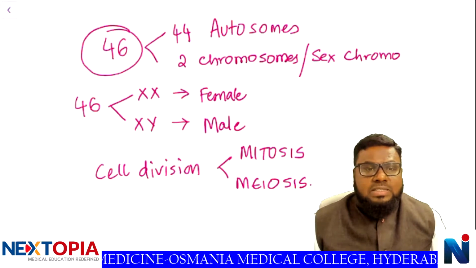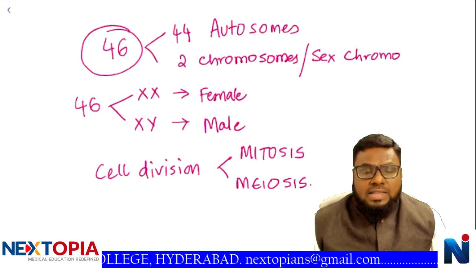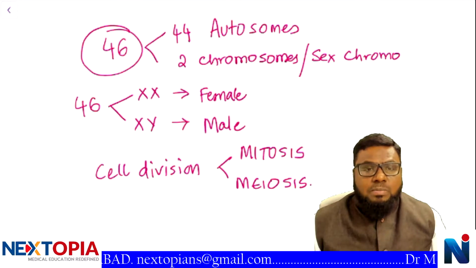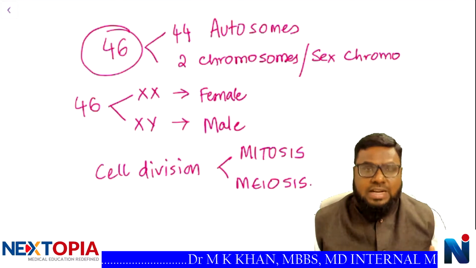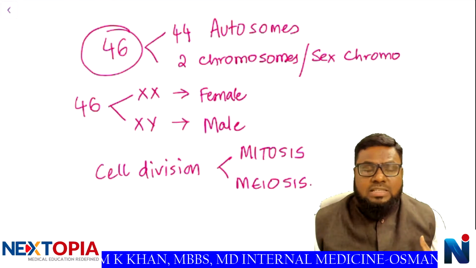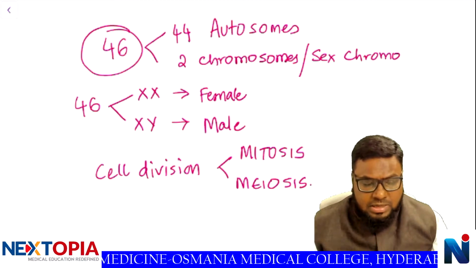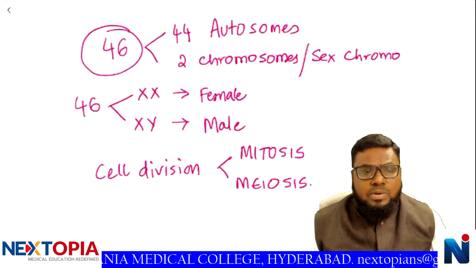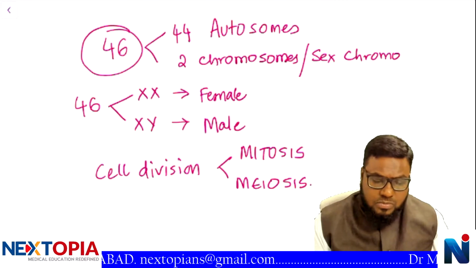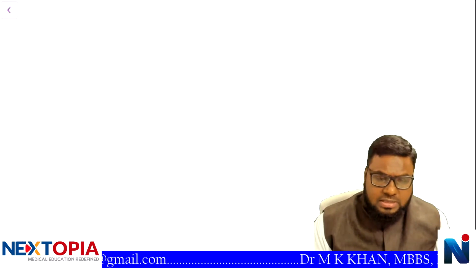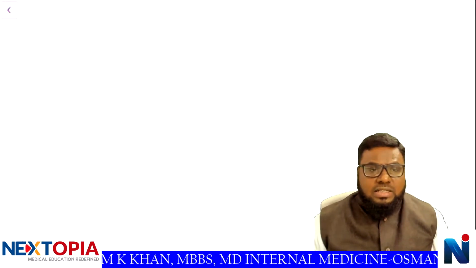And in the end, we will be discussing development, differentiation, and the growth changes that are brought about by these genes. Please remember that genes are producing certain factors. We call them transcription factors. We'll discuss how transcription is controlled by RNA transcription, protein assembly, and protein manufacture. We'll discuss all that. All right, so this is the summary of today's class that we are going to discuss. So let me start the topic.